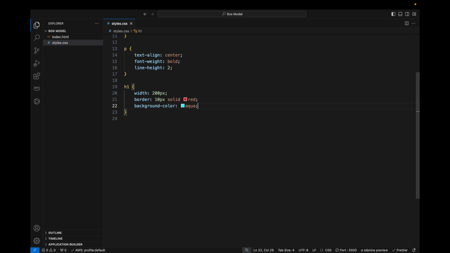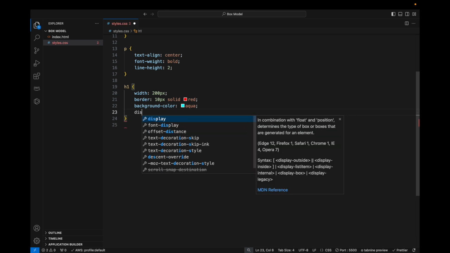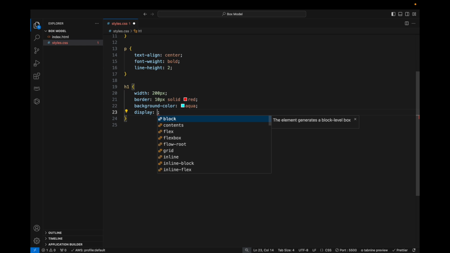If you remember from the first lesson, we spoke about block elements and inline elements. So we said some elements are block elements and some elements are inline elements in HTML. A block element is an element that is going to take the full width of the screen size available, and an inline element is only going to take the width that it requires. Now there's a property called display that I'm going to talk about, but before that, let me show you the